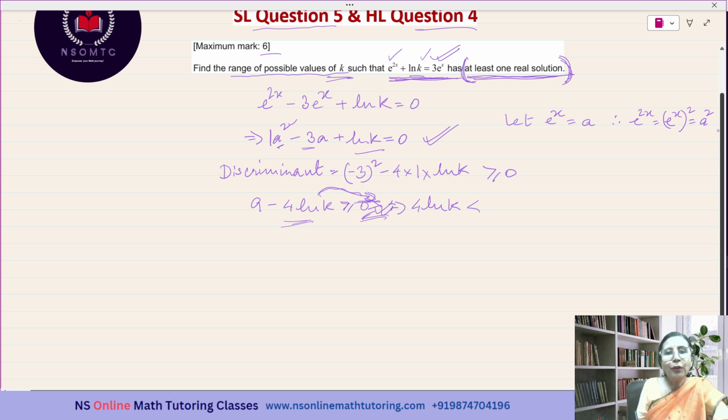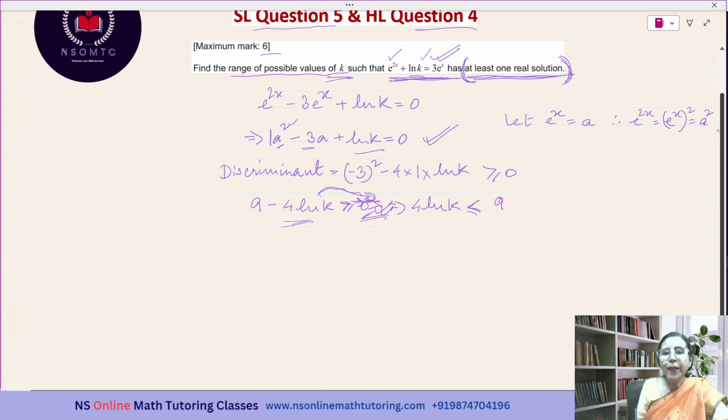I could have written the 4 times ln of k later. Since I am writing 4 times ln of k first, I have to be careful about the inequality sign. This narrow end is pointed towards this side, the side which is having 0, and the side which will be having the 4 times ln of k. So that is why I am writing this inequality in this form. Okay, and equal to, of course, it will be equal to 9.